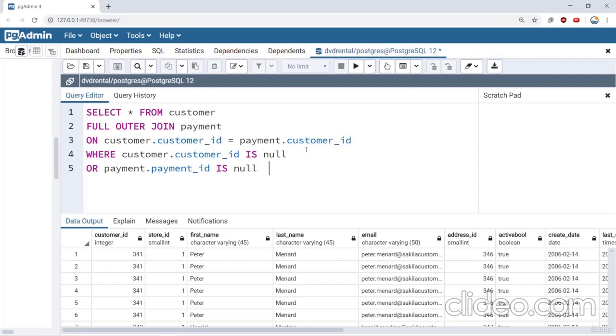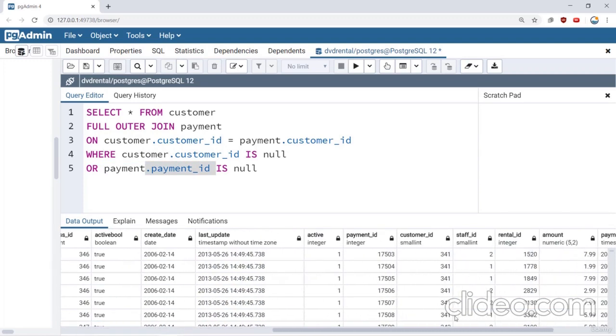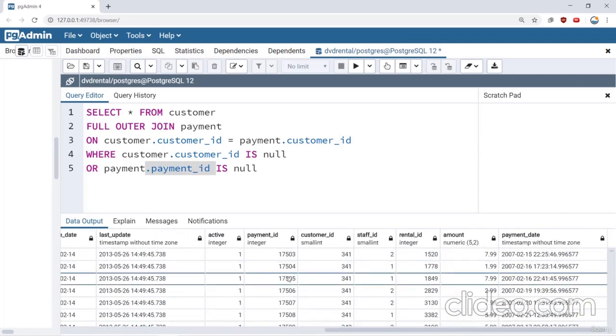All lowercase there. So what is this actually saying? It means we're going to fully join the customer table and the payment table where those customer IDs join up. And now I'm going to filter it to attempt to find rows that are either only unique to the customer table, meaning we have information about a customer that's never made a payment, or only unique to the payment table. Notice here how I'm using the payment ID, which is a unique identifier for the payment table. If we keep going over, we can see here every single payment has this unique payment ID. And if I run this,